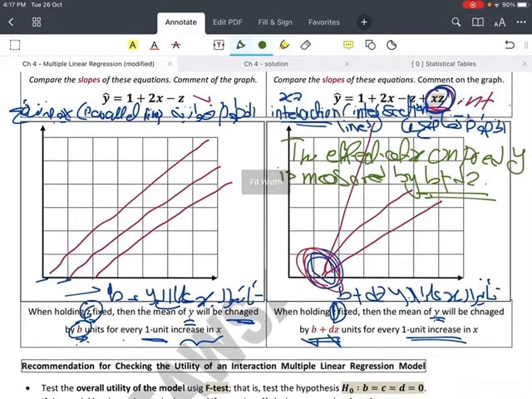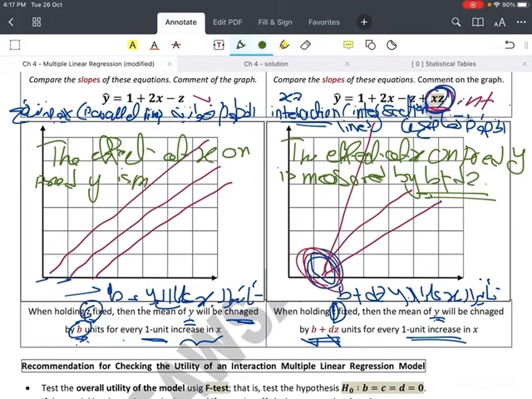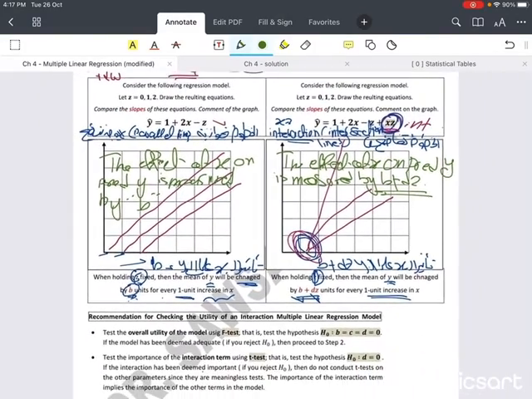But here the effect of x on predicting y is measured by b. And vice versa, if we were talking about z, the effect would be c. Okay,